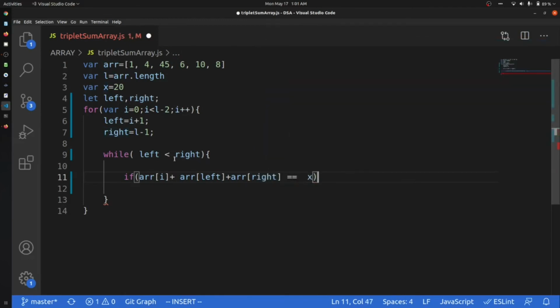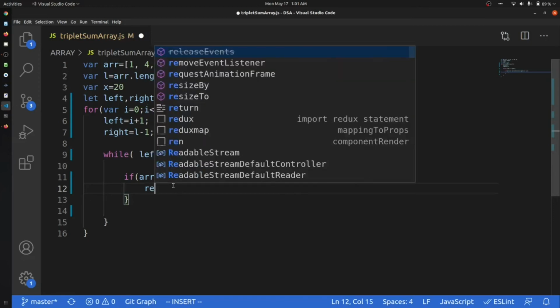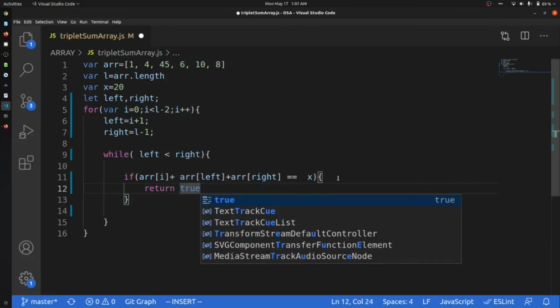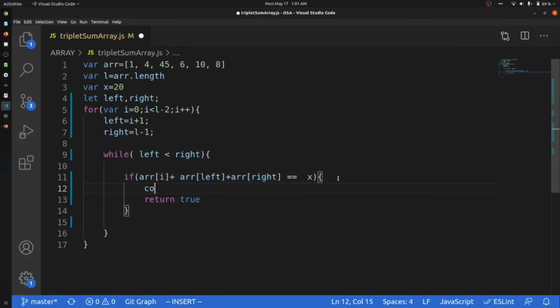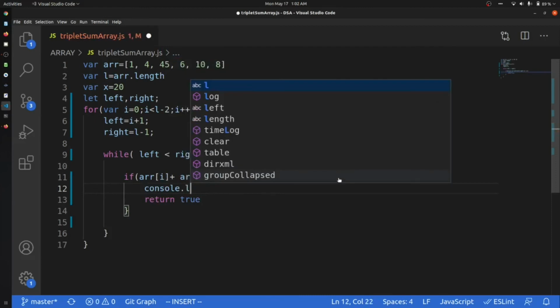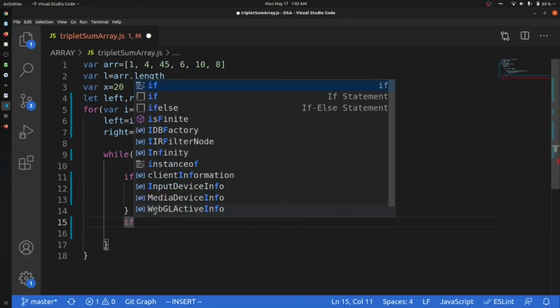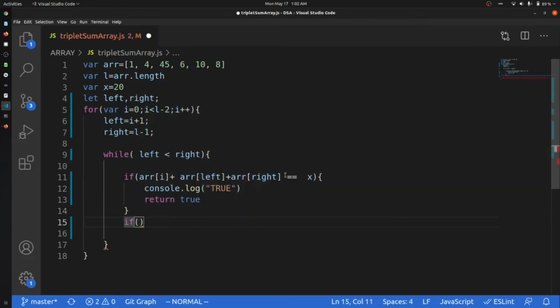If this all sums up to x, or you can also do x minus a at i, as I was telling, then we will return true, and we will console log true. And now let us copy everything from here.